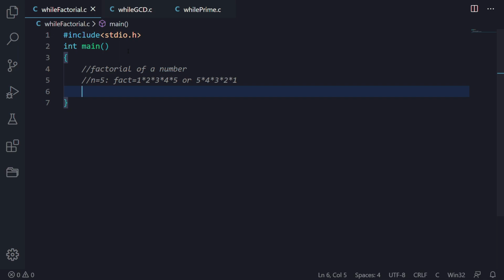First of all, we will take a value int n and also an iterator i. What is n? n is the number which will be given by the user as an input.